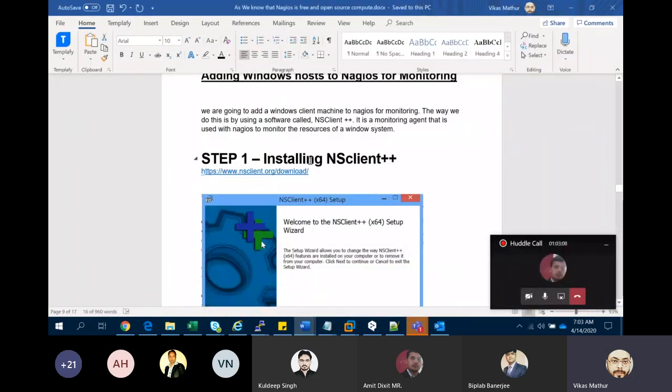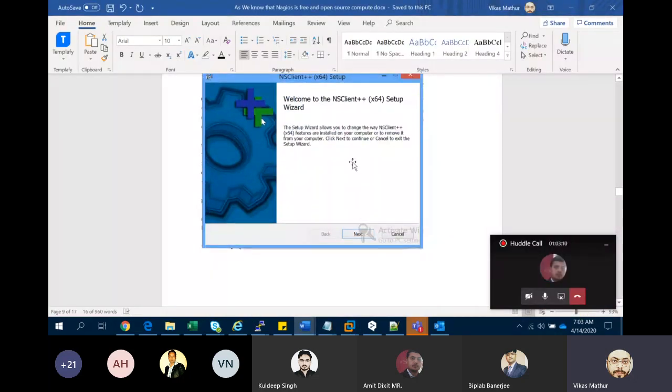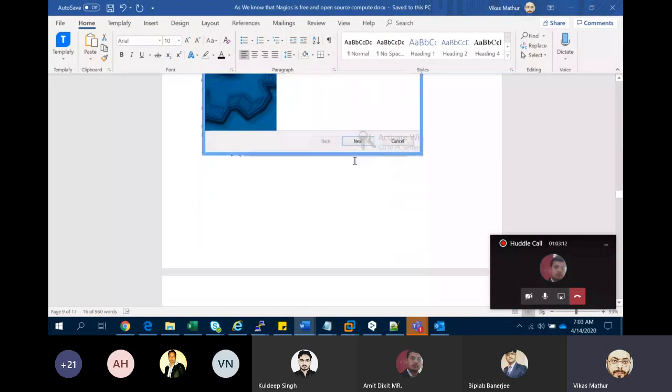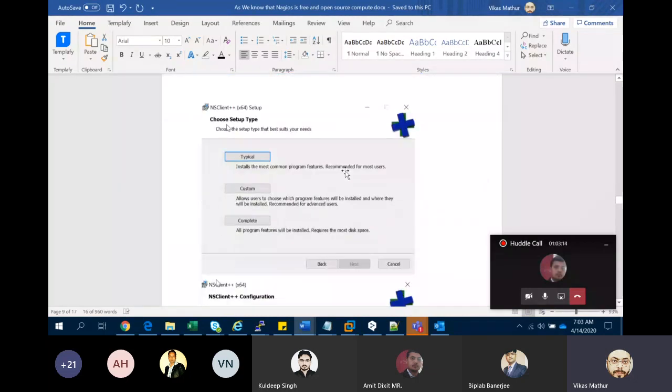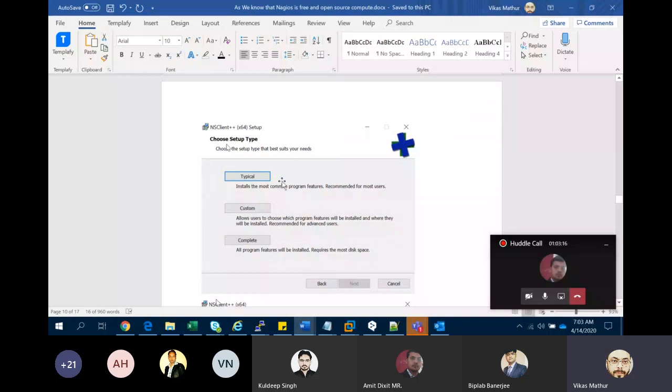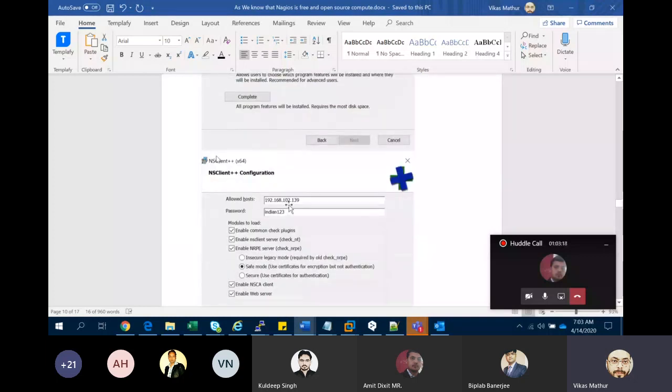This is the site where you can easily download it. After downloading that particular MSI, you need to click through, choose typical, and after that allow the Nagios server site, and here is a password.